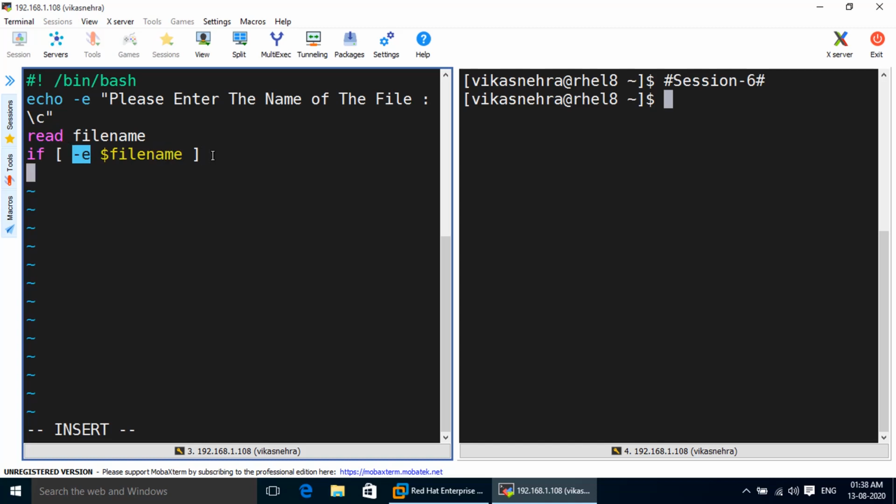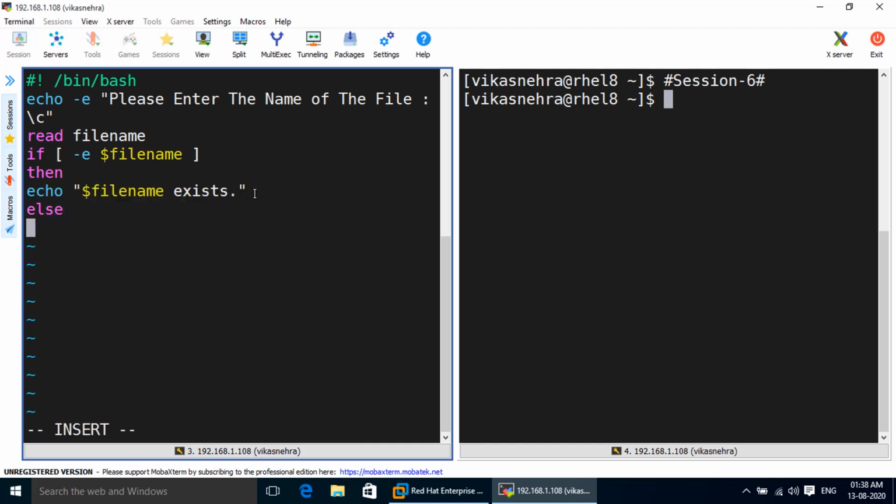Now in the next line we will define the condition, then echo $file, we will call the variable, exists. If the file is present in this system, then this line will be printed on the output.